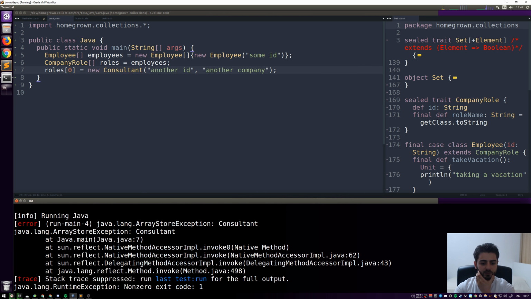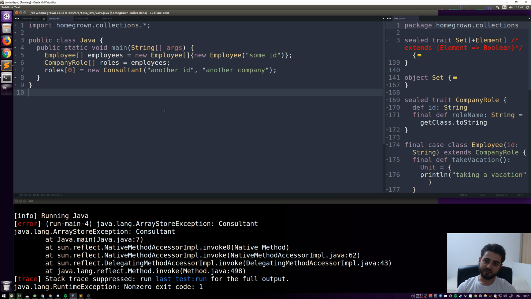So it explodes with an exception called ArrayStoreException. So basically, every time you add an element to an array, it actually makes sure that the types match, which is a very, very inefficient way to add something, by the way. Also,